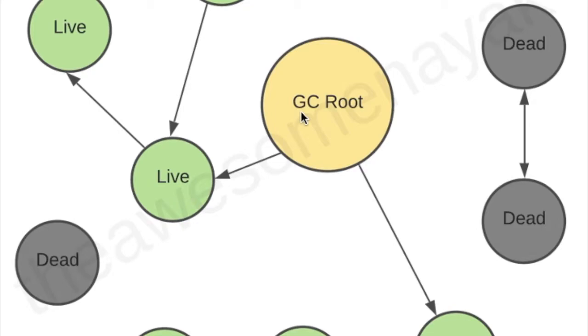Once the JVM starts executing GC, it will come to the GC root and search for all of the live objects which have connections from the GC root. Basically, all the objects which are still referenced and connected to the GC roots are still alive, being used, and in the scope of the execution. All those connected to the GC root are marked as live, and the rest of them are dead. So in the next phase, the sweep phase, what happens?